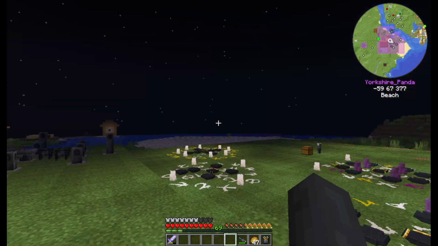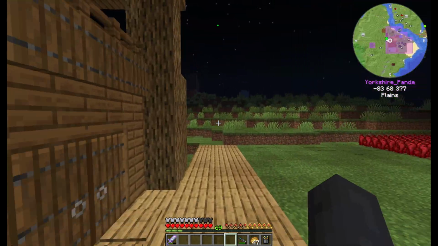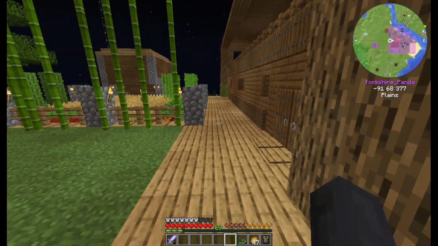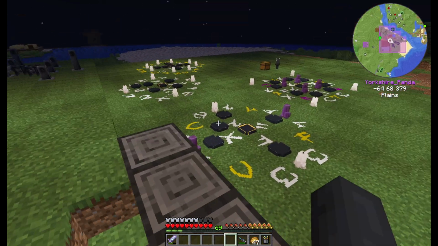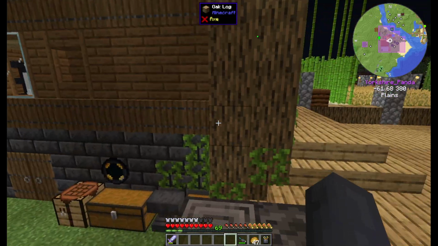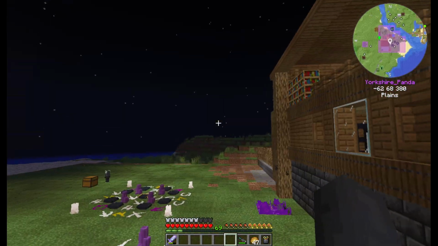So my plan is to get ourselves a wither skeleton spawner in here, and then set up a wither farm in the end, and then get some stuff upgraded and built. Alternatively, we can go down the bees route and get wither skulls from bees. I'm probably going to do both because I want the wither skulls quickly, but